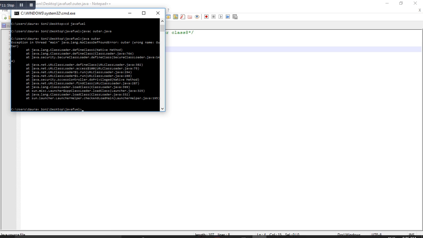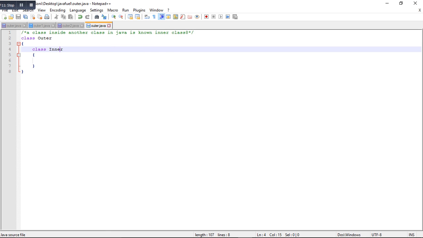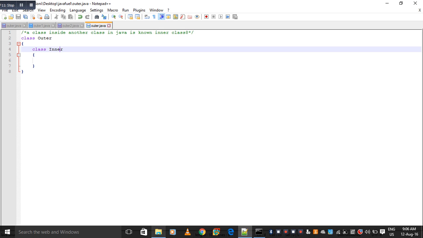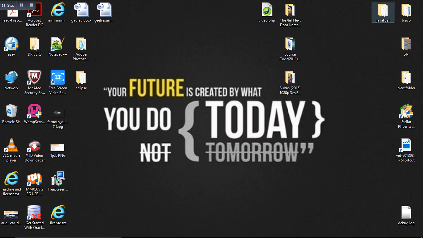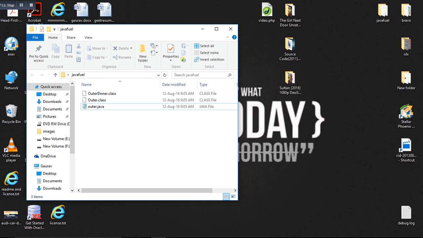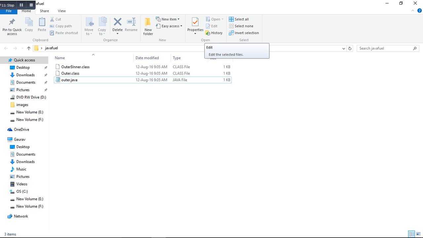Okay, when we compile a simple class, the compiler generates a bytecode .class file, but when we compile an inner class, what will happen? So I will show you. When we compile this file, this class, there are 2 bytecodes generated. The outer class is our simple class bytecode, and when we compile the inner class, then this type of bytecode